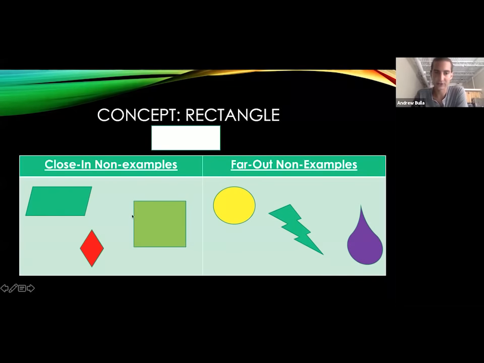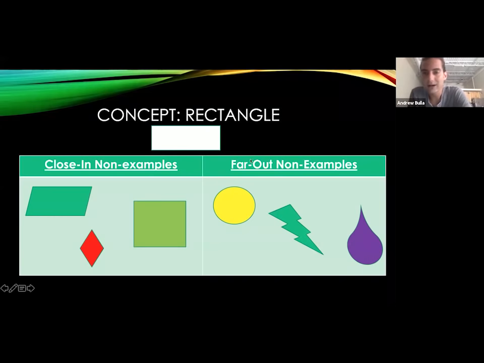This square is a close-in non-example because it has four 90-degree angles, but all the sides are equal, which makes it a non-example of a rectangle. This diamond is a non-example because it has four sides, but the two sides aren't longer than the other, and there are no four 90-degree angles. So notice, well, before I get there,